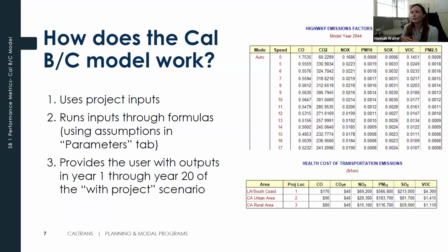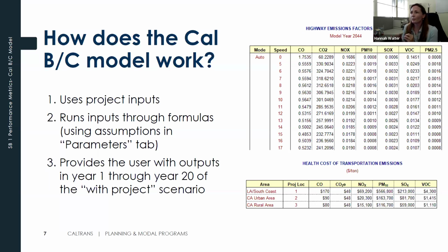In this slide, the example I'm using is the emissions. So in that top print screen, you can see that it takes the vehicles and looks at the speed that they're traveling. And then based on that, it's looking at the emissions rates for each of the different types of emissions.